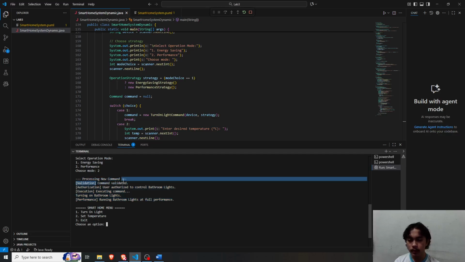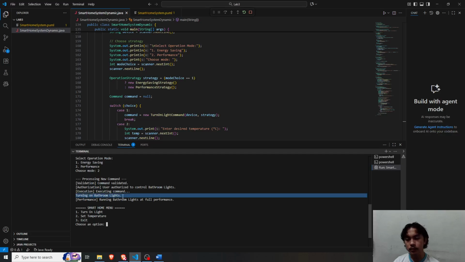Command validated for the validation, and then the authorization to control the bathroom lights, then executing command, which is the execution, and since I've chosen performance, it is running bathroom lights at full performance.